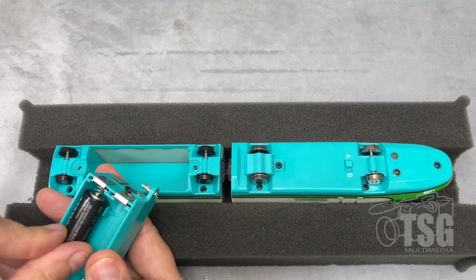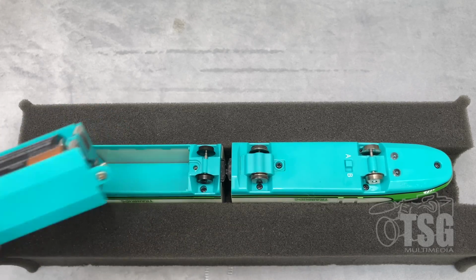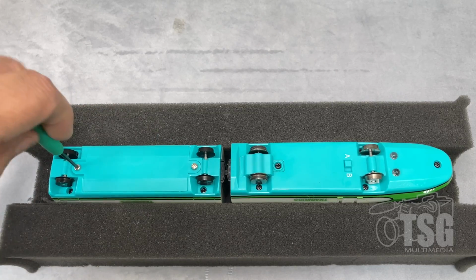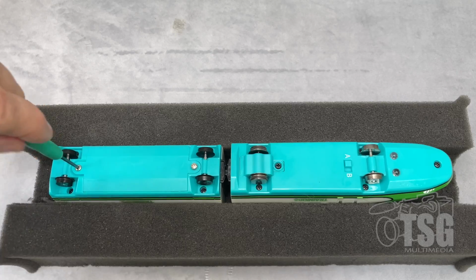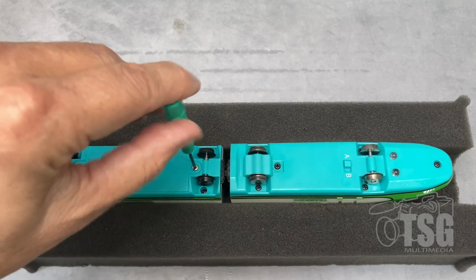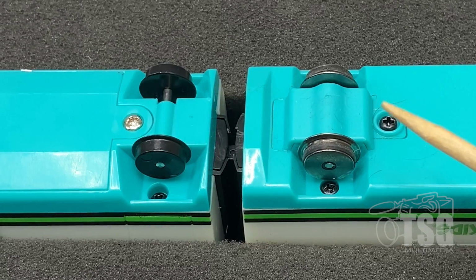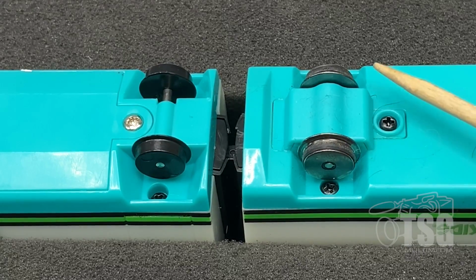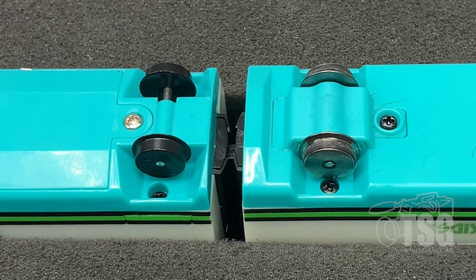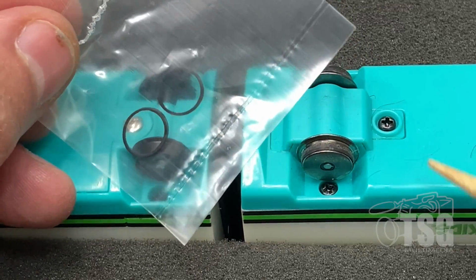We're in this for the long haul here, so just pay attention to what direction the batteries are supposed to face. Insert it back in. Screw it back down. I mean, pretty straightforward stuff, and this is all in the user's manual. If you look very carefully on the rear wheels of the locomotive, the powered locomotive, it has little rubber traction tires, and also included in the package is 2 spare traction tires that you can put on after these wear